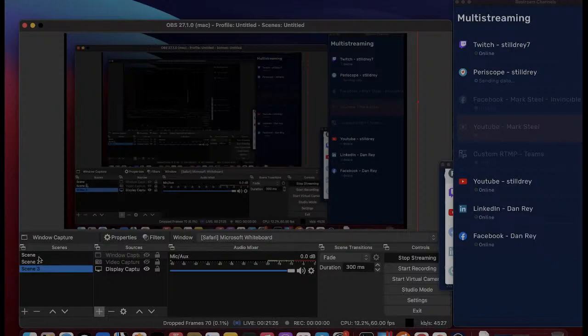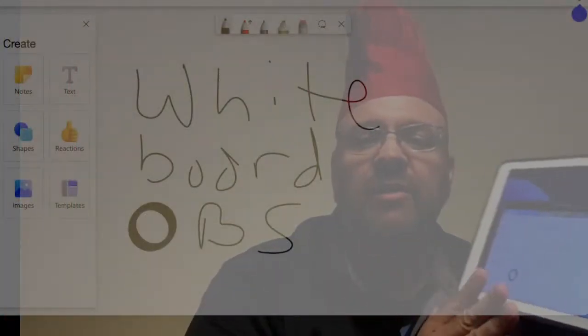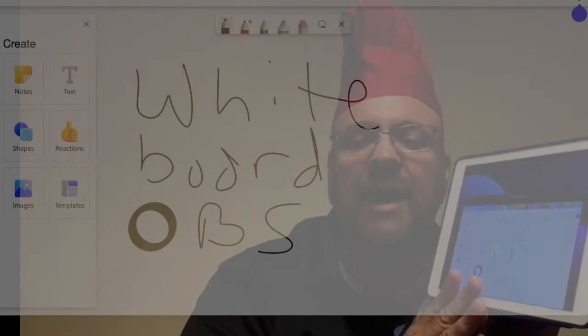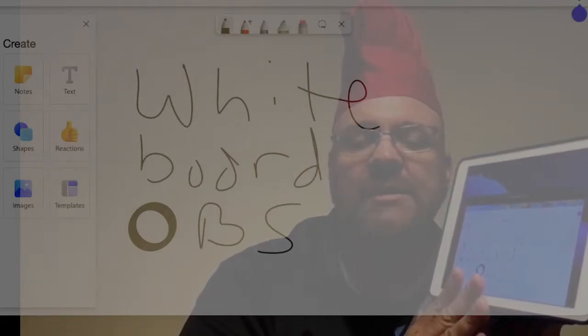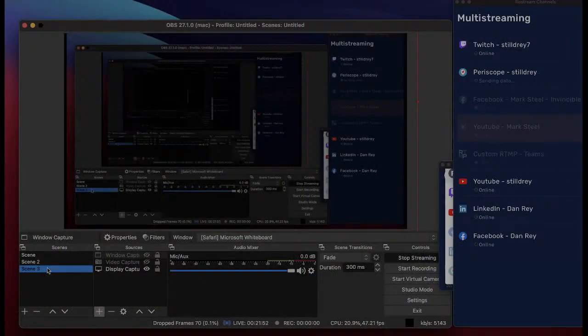So the scenes here, scene 1, scene 2, and scene 3, allow me to switch. So now you're seeing the whiteboard app on my iPad, my secondary display, and you're seeing it overlaid with my video. In scene 2, you're just seeing my video, so whatever I do on video is shown. And in scene 3, you see my screen,